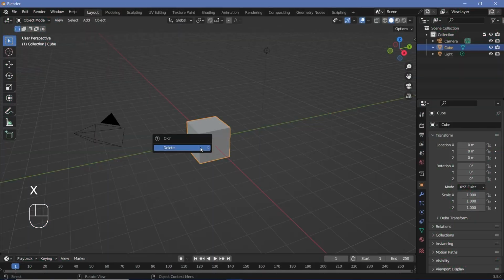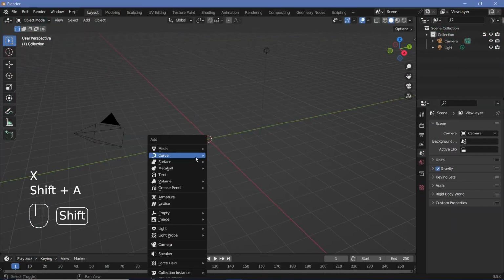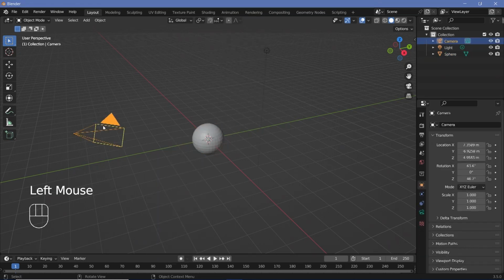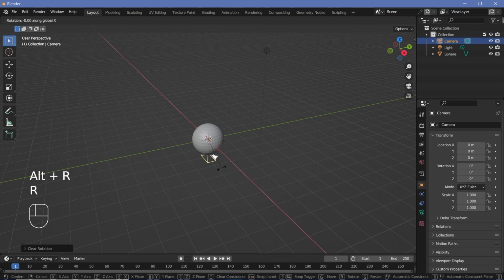It's really simple, and all we're going to do is, in our default scene, press X to delete the default cube, and then press Shift-A and search for a UV sphere. Then we'll go ahead and select our camera, press Alt-G to clear location, Alt-R to clear rotation,